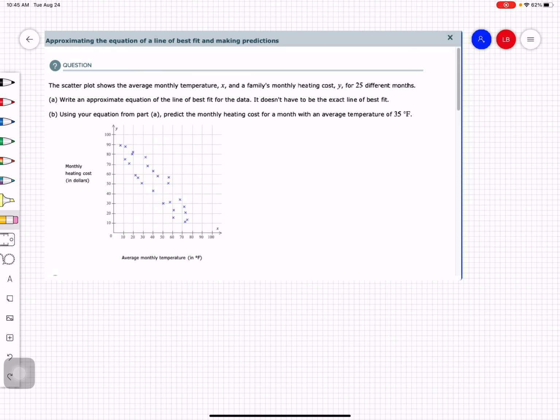So it says, write an approximate equation of the line of best fit for the data. It does not have to be an exact line of best fit. Use your equation from part A to predict the monthly heating cost for a month with an average temperature of 35 degrees Fahrenheit. So for me, I'm looking at this, and what I notice immediately is there are not many